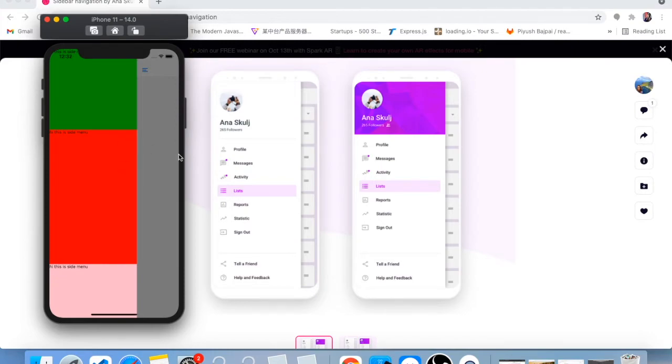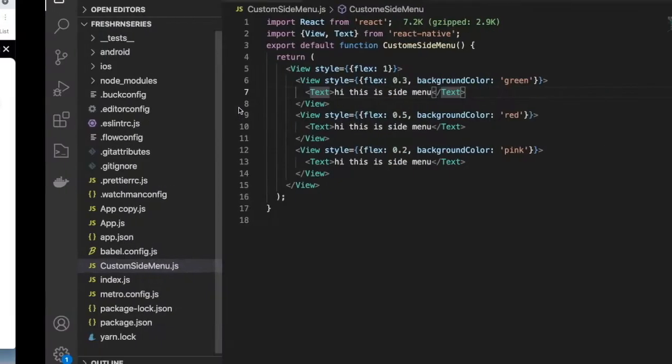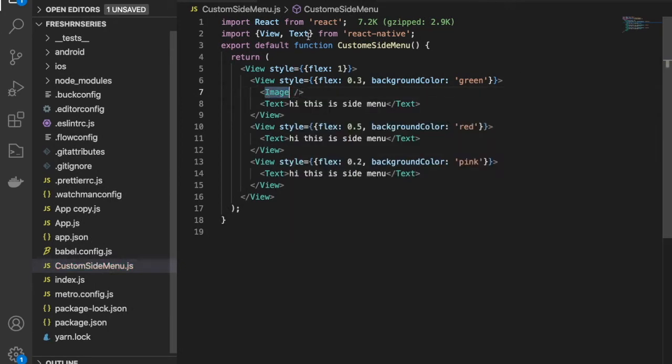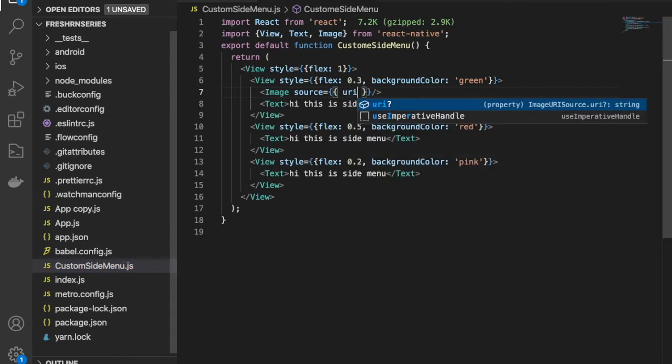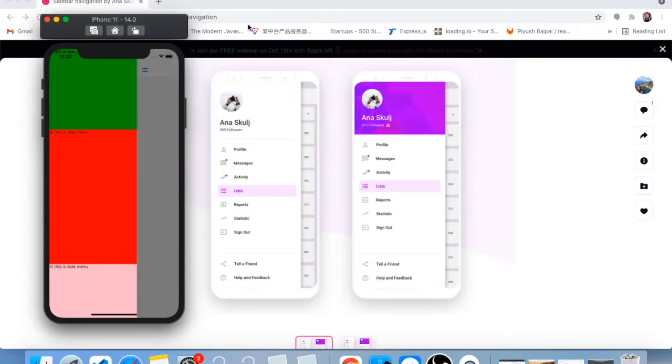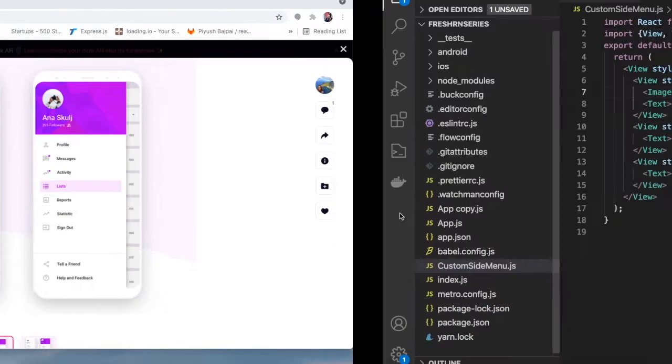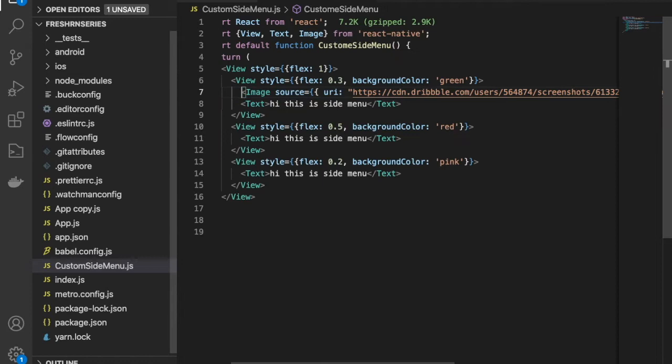This looks fine. Okay, so here first I have to create this circle, and in this we have to show this picture. So I will use the image component. I have to import this image component from React Native. So we have this source. Under this I can pass a URI and some image URL. So let's say I have this image only, so just copy the image address, and I wanted to use it over here like this.